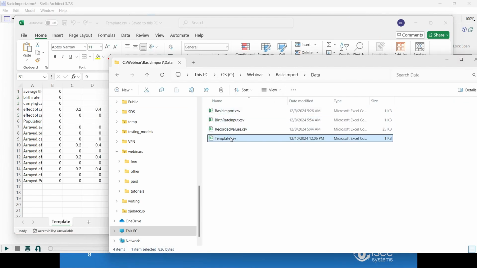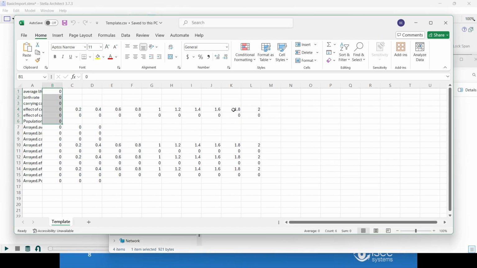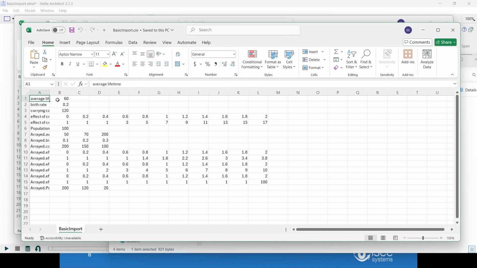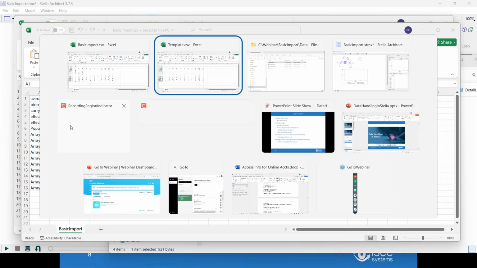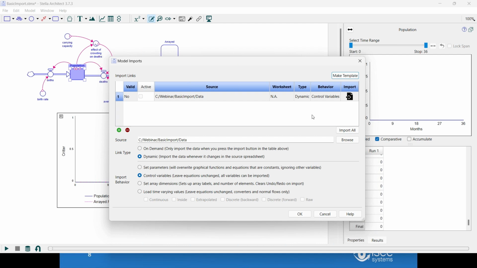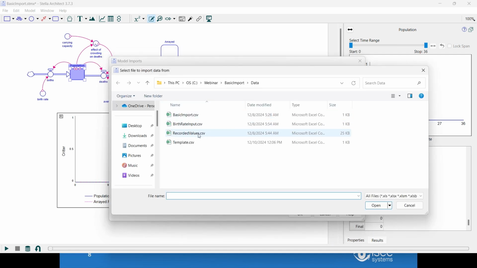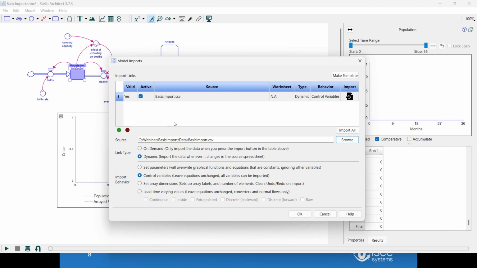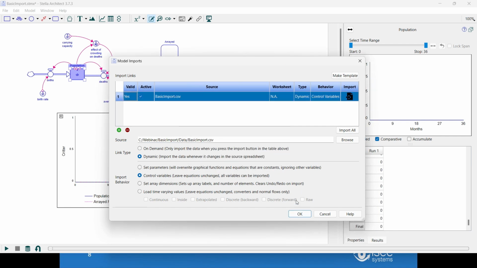Now I have another file here, called basic import.csv, which is really just that template file, but then I put some numbers in. I've given an average lifetime. I've put in an initial population. So if it's a stock and you're importing it, it's going to be an initial population, the initial value for the stock. And I can then go back to Stella and choose that basic import.csv file. It's going to, by default, control variables, leaving equations unchanged. And I can check it by clicking on the import button. And we get this nice message that says import executed without issue,